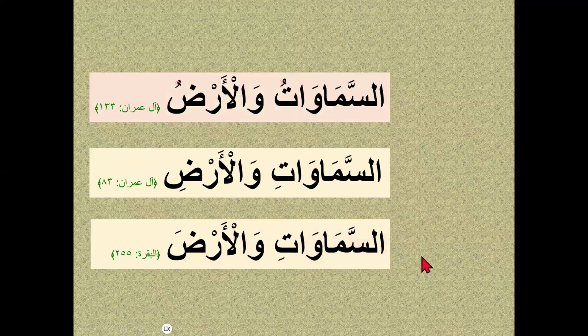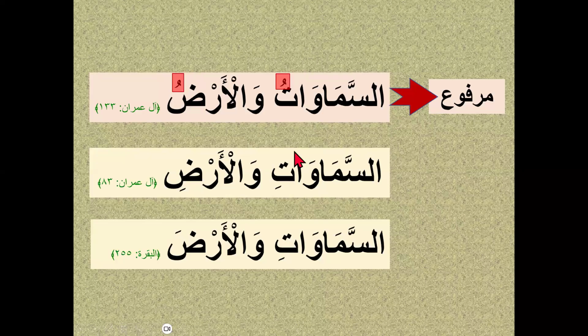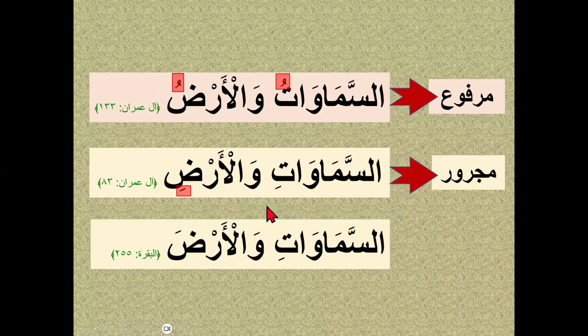In this one, if I ask you the i'rab for the first one, as-samawatu wal ard, as you clearly see the dhamma, so it means it's marfu. But in the last two, as you can see as-samawati, they both are the same. But how will you check the i'rab? If you can't judge the i'rab from the matufun alayhi, you can check the i'rab from the matuf. If you check the al-arudi, it means Al-Arudi here is Majroor. So Matufun alay should also be Majroor here. So this whole Murakab Atfi is Majroor here.